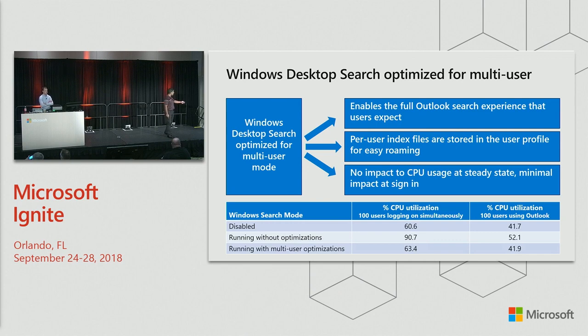Now, if you're running without any optimizations, which means anything on Windows Server 2016, you see the numbers? 90%. Like you're losing 30% of CPU just for Windows search. Why would you turn it on? And therefore, the recommendation for Outlook was to run it in online mode so that the search would work and it is there. Now, the optimizations we have done there,